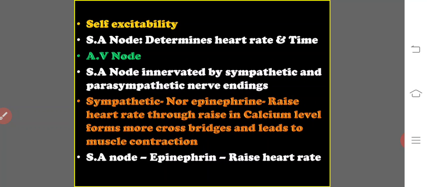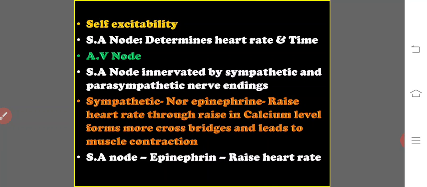Sympathetic and parasympathetic nerves. Now, just now we discussed that the sympathetic nerves secrete sympathin, that is the combination of epinephrine and norepinephrine, or adrenaline and noradrenaline. Whenever the individual undergoes emotion, the nerve endings of the sympathetic nerves produce noradrenaline first. It reaches the SA node and it raises the action potential of the SA node, and thereby it